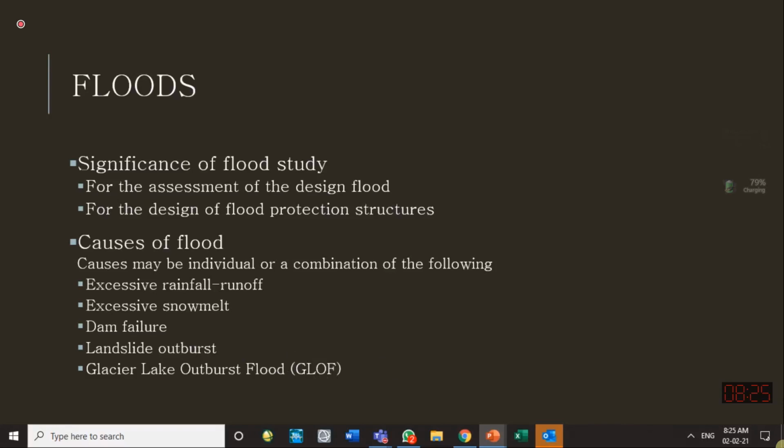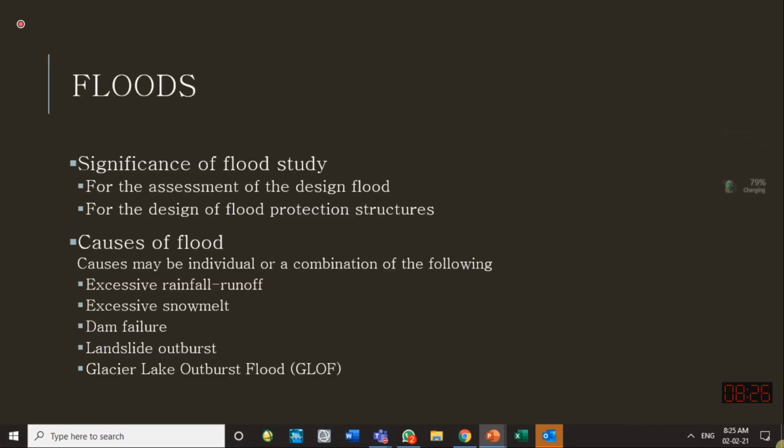When this flooding is there, why am I saying that this is talk of the research community who are working with respect to climate change? The reason is that it has been seen that with the change of the climate, when the temperature is rising, more and more GLOF-like phenomena are occurring.